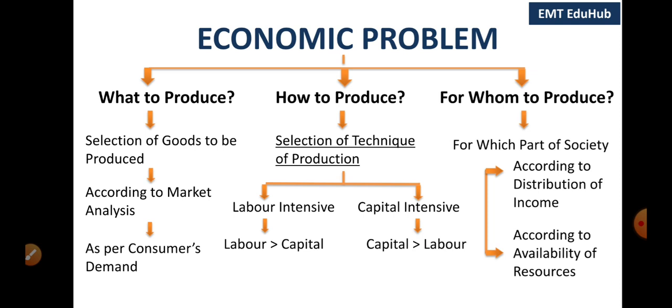Now, this is very important as a society would not like to use all its scarce resources for current consumption only. This is because if it uses all the resources for current consumption and no provision is made for future production, the society's production capacity would not increase. This implies that incomes or standard of living of the people would remain stagnant and in future the level of living may decline. Therefore, a society has to decide how much savings and investment, that is, how much sacrifice of current consumption, should be made for future progress.